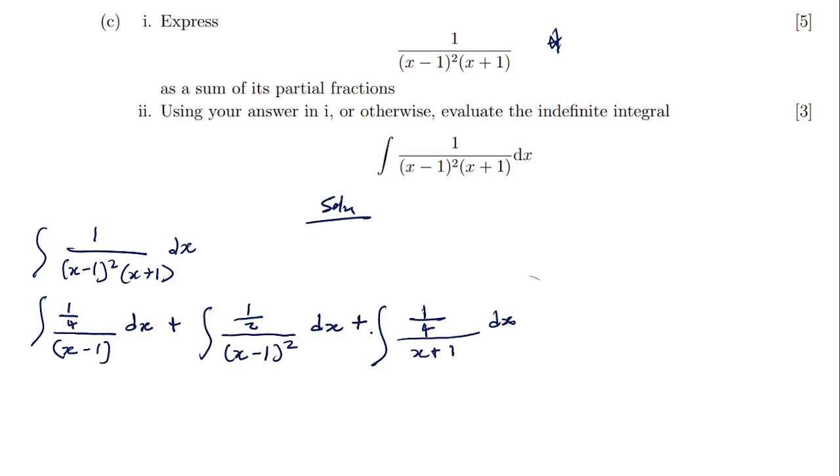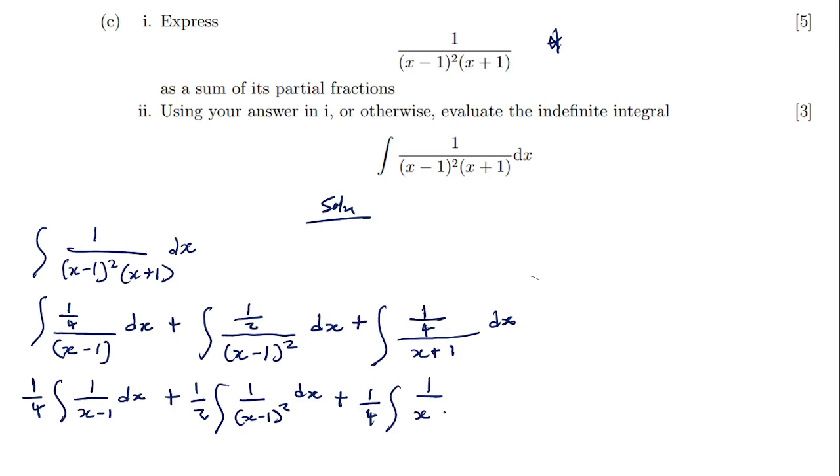If we have that, we can easily work out by simply making the constants this side. So that 1 over 4 will go this side, and then integration 1 over x minus 1 dx. Then plus 1 over 2, which is the constant, integration 1 over x minus 1 squared dx, and then plus 1 over 4, integration 1 over x plus 1 dx. So when you reach here,